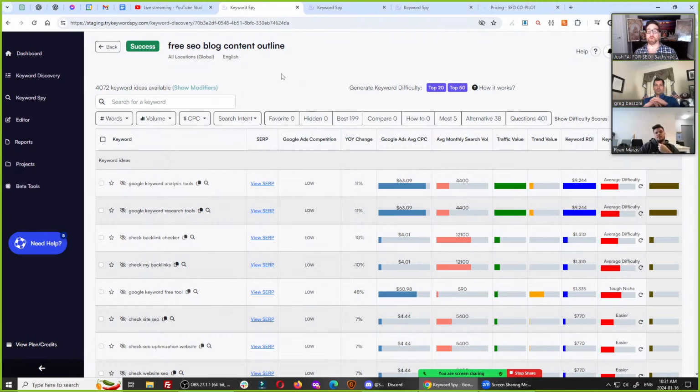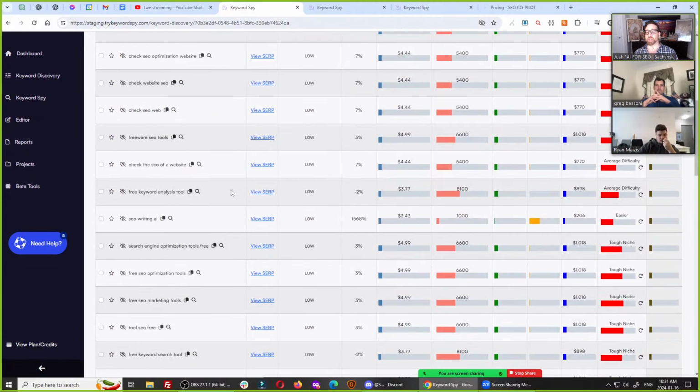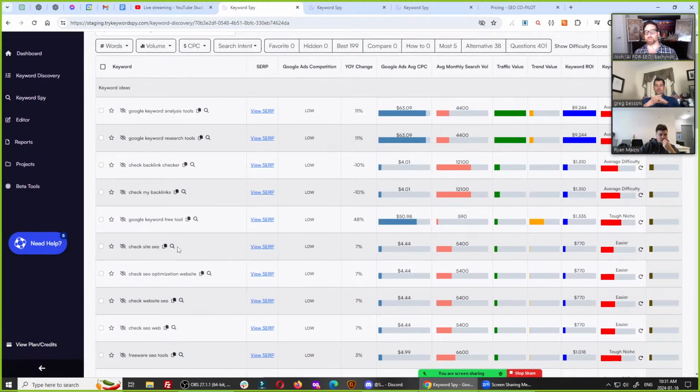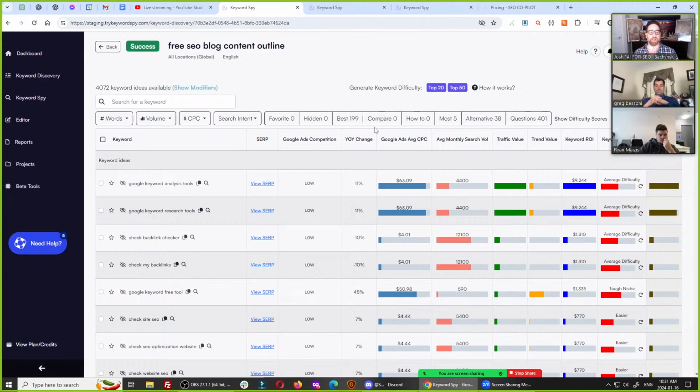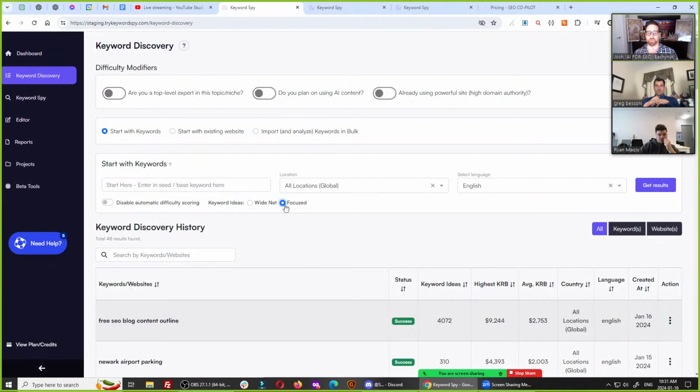That's cool. Yeah, for example, for free SEO blog content outline, our AI generated 4,000 keyword ideas for you, right? And they are vaguely related to very closely related. There's a lot of them that are closely related, and they can also be vaguely related, because it's casting a wide net, because there could be a gem keyword in here somewhere that you'd never considered, and that's why it casts a wide net. But some people don't want that wide net. They want to be focused. They don't want our AI to enter in any more ideas. So it'll only take the ideas from Keyword Planner, and it will not broaden the search.